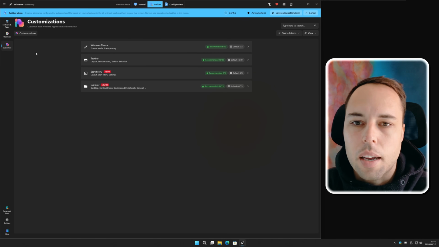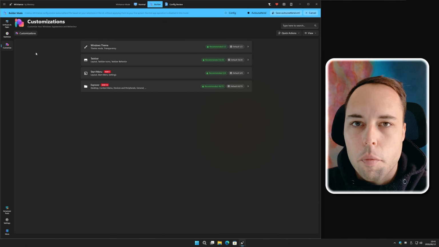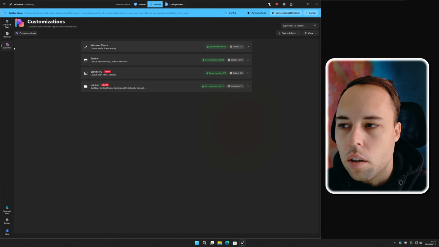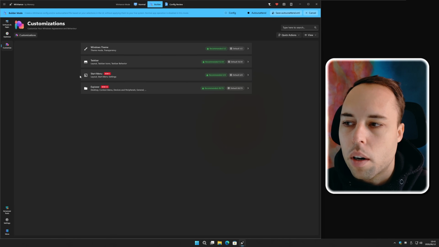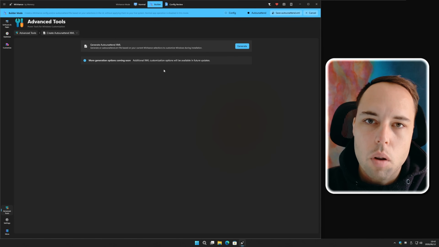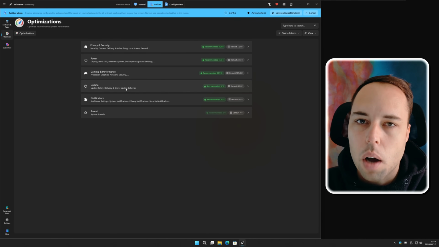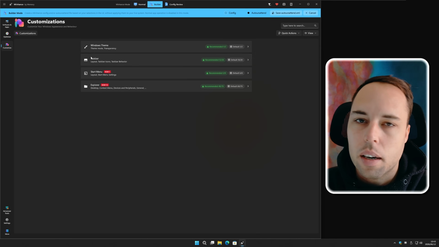But there are some things that are auto unattend file specific, like for example, settings that you change in the onboarding phase, or automating the creation and deletion of partitions while Windows is installing. Those types of setting cards don't fit in an optimize or customize feature. So that's exactly why I'm planning on adding an auto unattend page, which will contain all of those options that you can add to an auto unattend file specifically, without it interfering with the current UI that I already have in the optimize and customize sections.